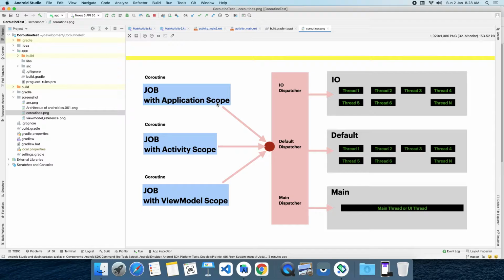In the traditional way of Android, how are we doing this? We have an async task running in our activity. Whenever we close the activity, what will happen? A memory leak happens because of the running async task. To remove that memory leak issue, we have to manually cancel that async task when destroying the activity. What if we have more than 10 or 20 async tasks running inside our activity? We have to cancel them one by one, manually. But in the case of coroutine scope, it will be cancelled automatically. That is the advantage.